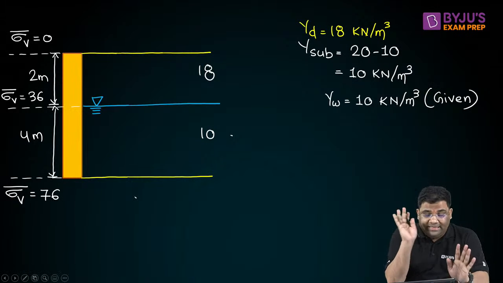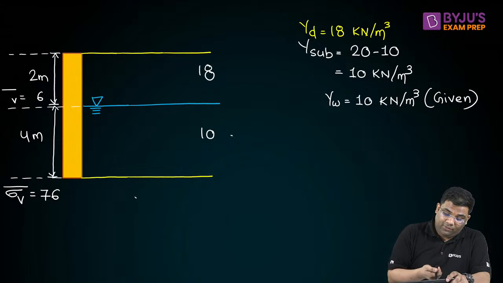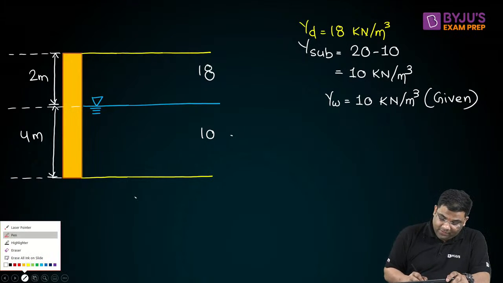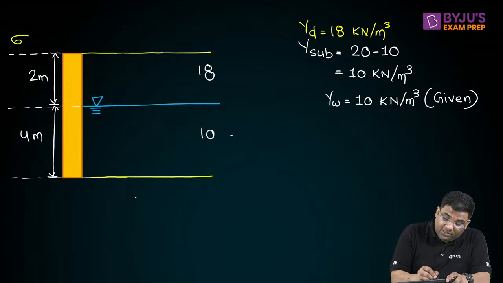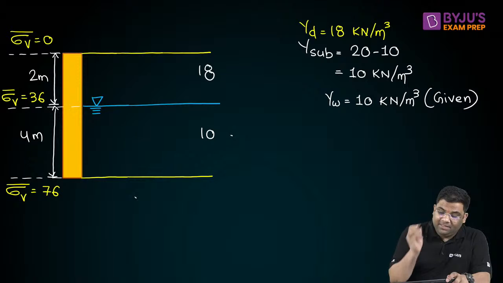So the first step is what? To find out the vertical stresses. The first step was to find out what? Vertical stresses at critical points. Very important, right? Find out the vertical stresses at critical points. Top, bottom, and at that particular junction we are getting 36. If this is the case,